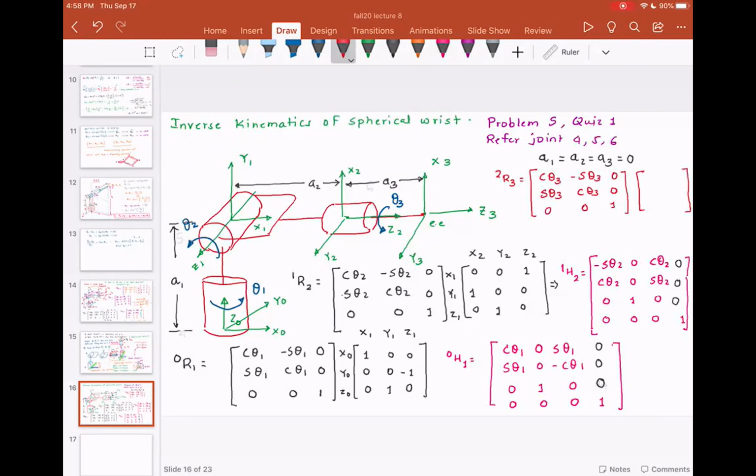And I want you to note the projection matrix here is x3, y3, z3, x2, y2, z2. But check this out. X3, Y3, and Z3 is aligned with X2, Y2, and Z2. So it's just gonna be 0, 1, 1, 0, 0, 0, 0, 1, 1. Which means my homogeneous transformation matrix will be, and I'm gonna write it down on the next page,